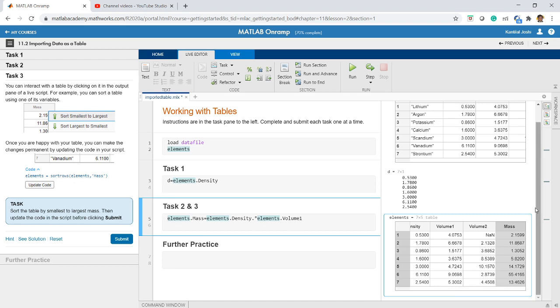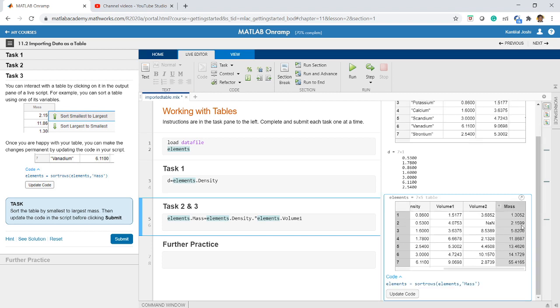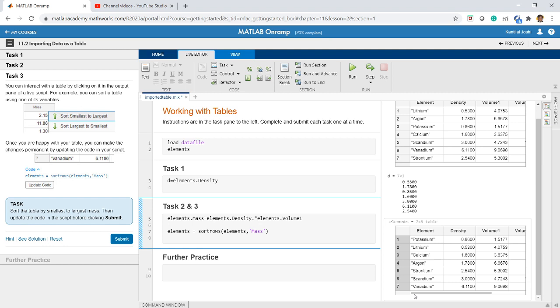After sorting the table, it will also tell me the code there. So we can use that command. Yeah, so sorting is done. So it will tell me update code. If I do update code, it will update the code. That means the code will be automatically written, right? So this is how you can play around with the tables. Okay, so I hope you have got till this point clearly.